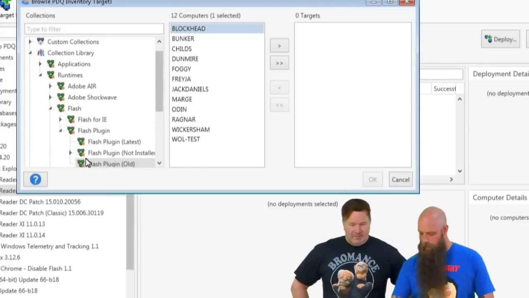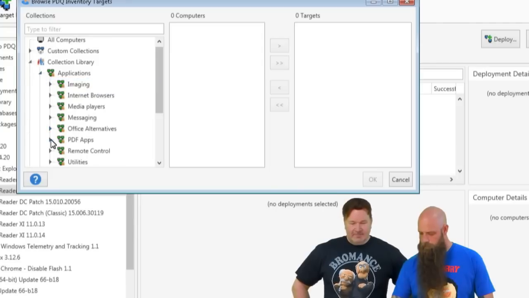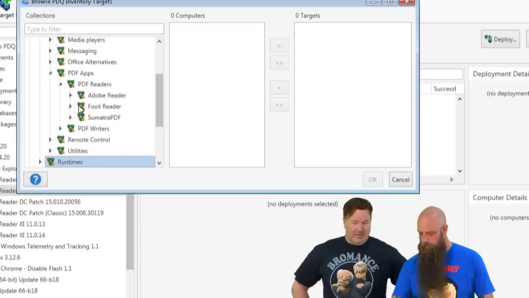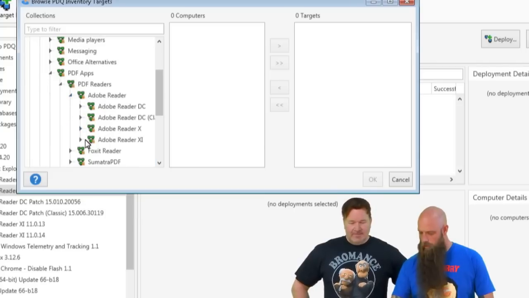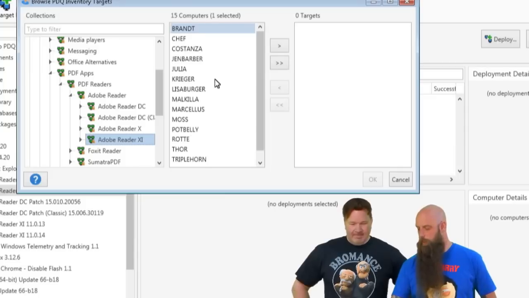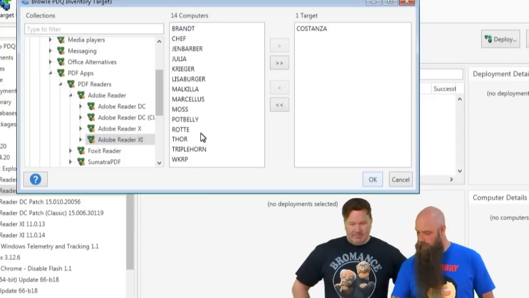All right, and let's go up to applications, PDF apps, PDF readers. There we go. Adobe Reader, so we'll go into it. Anything that has Adobe Reader 11 is going to work. So we'll grab a handful of these,